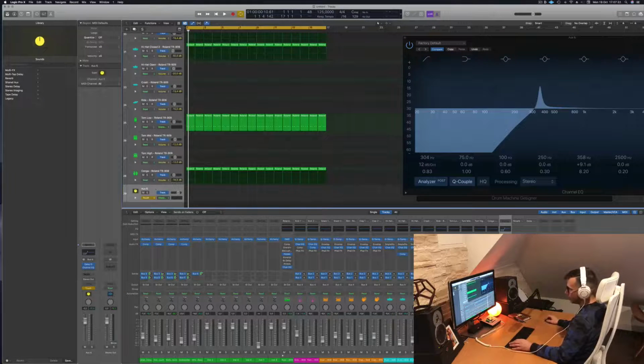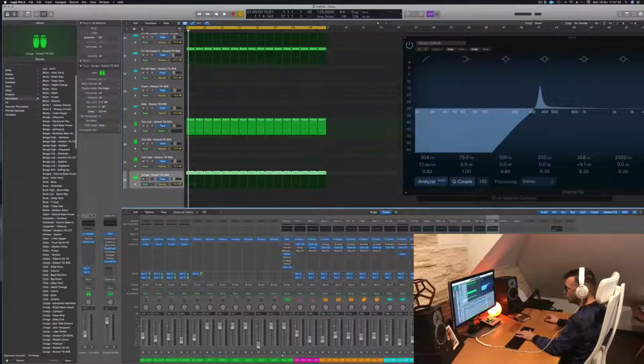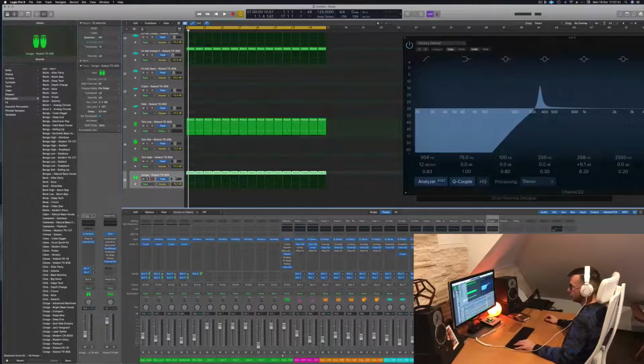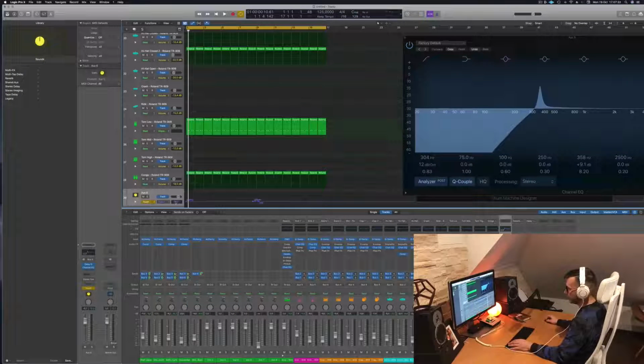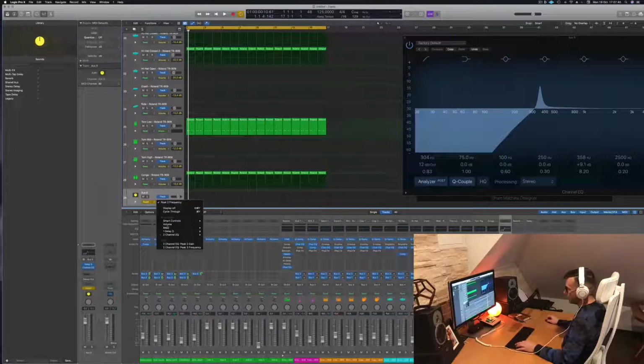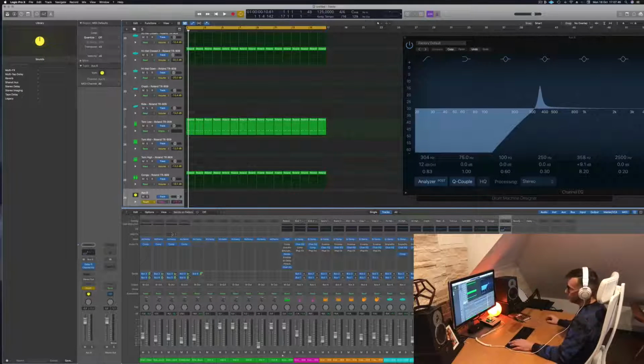Then I have to look at the automation that has been recorded, which I don't want most of. Frequency, no. Oh, did I delete the whole channel? Okay. So this I can get rid of, and then this I can get rid of, and then this I get rid of,